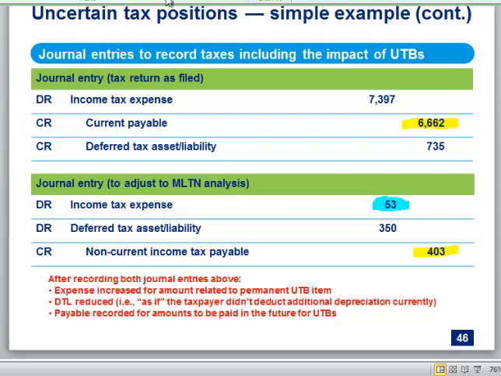And for the timing difference, the depreciation, they're saying, well, yeah, you might owe more tax, but in the future, you'll get it back. So we'll book a DTA for that on a FIN 48 basis. So you can think of this as kind of your as filed, and this is your extra FIN 48. Like, what do I really think is ultimately going to happen, right? I first book my provision as I file it, and then I book some extra entries based on what I think is going to happen when I ultimately get challenged.